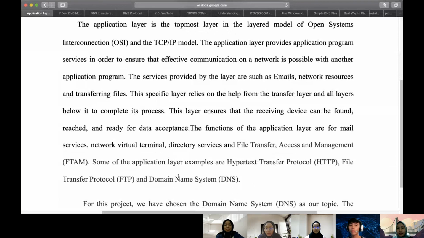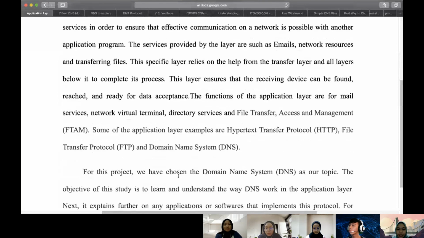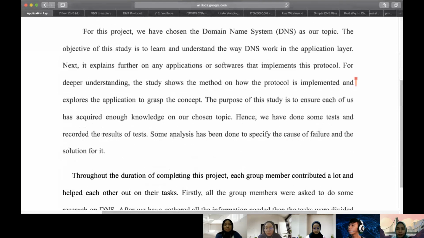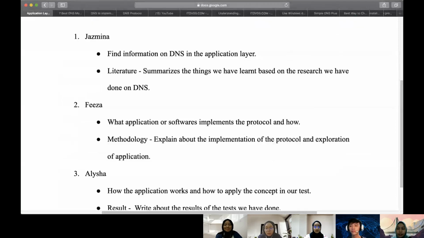So the main purpose of this study is to ensure that each of us has acquired enough knowledge on our chosen topic. Our main objective is to learn and understand the way DNS protocol works in the application layer. For the task distribution, each group member was asked to do some research on the DNS protocol. After that, we gathered all the information needed, and the tasks were divided into 5 parts and